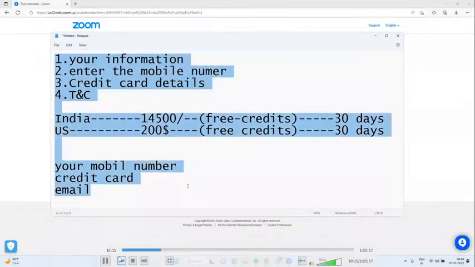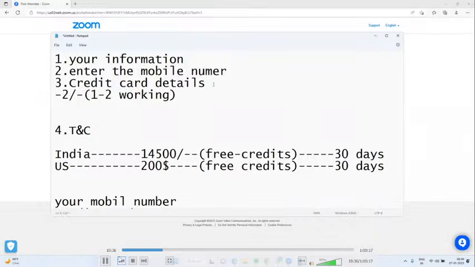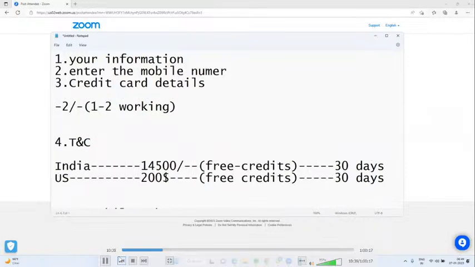Next, this is about the overview of the Microsoft Azure subscription. Next, after you enter the credit card details, you will be charged 2 rupees for Indian people. This amount will be credited back to your account within 1 to 2 working hours, guys. Why they are charging is just to verify whether you are a genuine user or not. You will get one OTP that has to be entered. Once you enter the OTP, 2 rupees would be debited. After 1 to 2 working hours, you will get this amount back in your account.